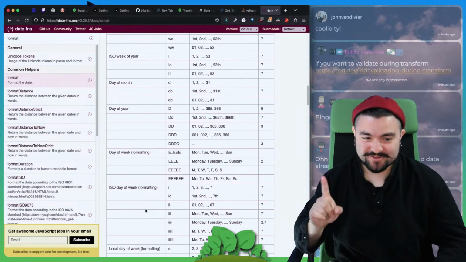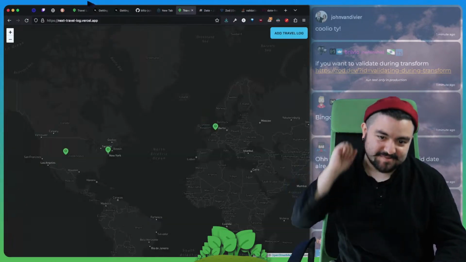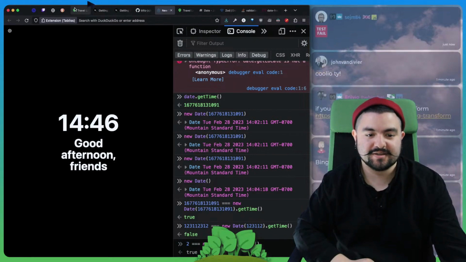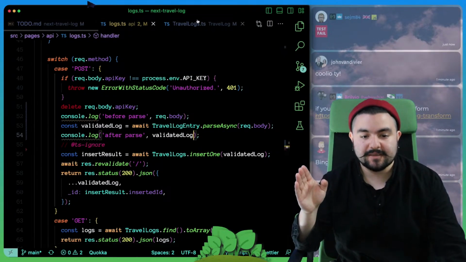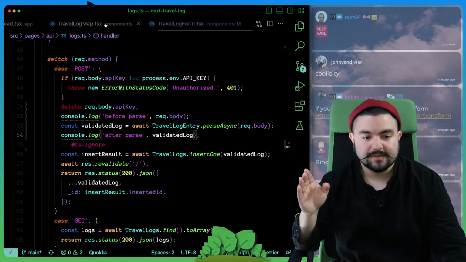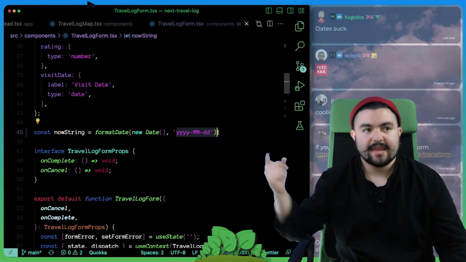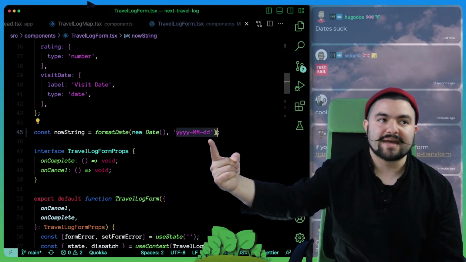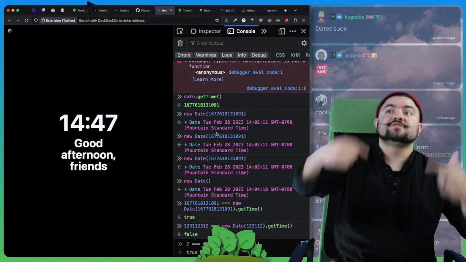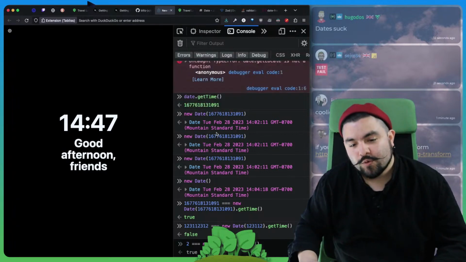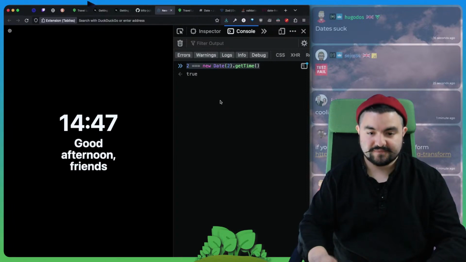Here's the other thing: man, the date object in browsers is horrible. Okay, so here's what we're dealing with. Yeah, test fail because we formatted it using so much back and forth. But look, we turned it into this format. And in the browser, you can't pass this format into a date object. So we need to convert it from that to a date object before. But let's just confirm that, right? So if I try to create a new date,